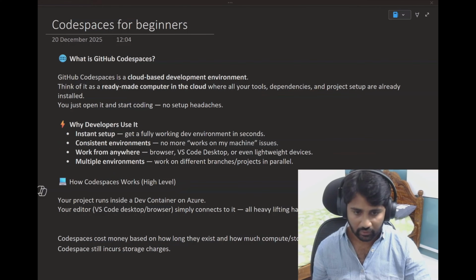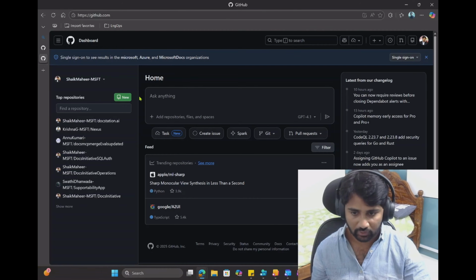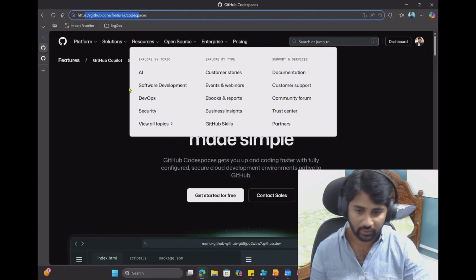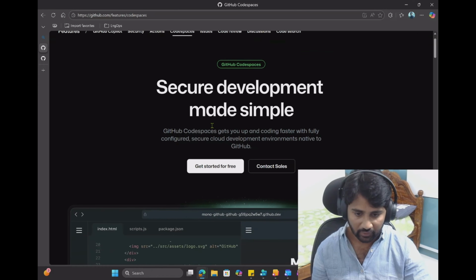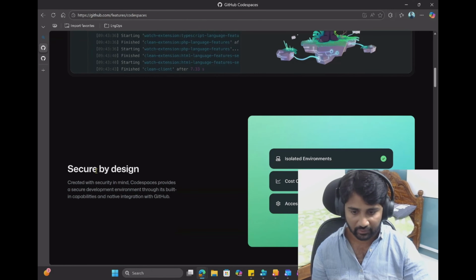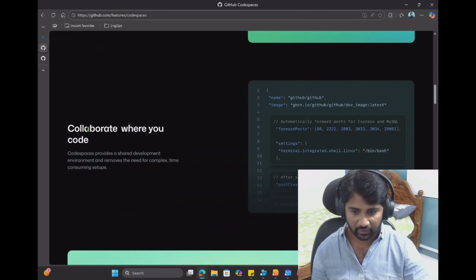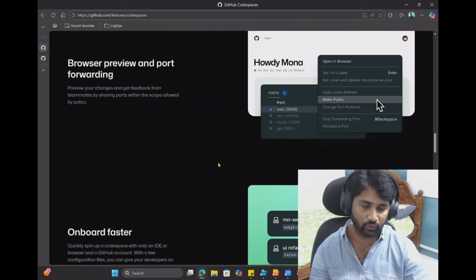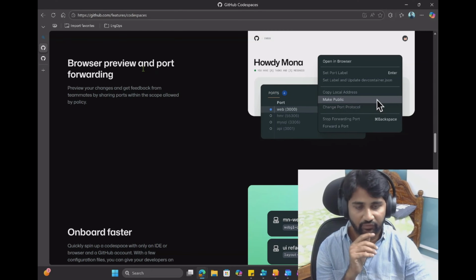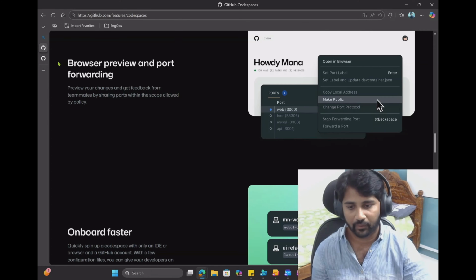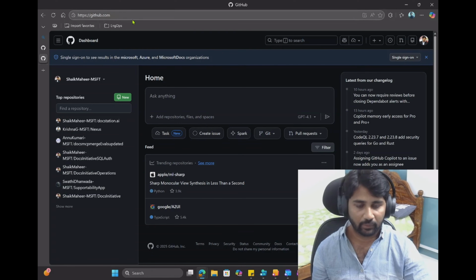So with that, now what I will be doing is going to my browser. Okay. So if you search in Google for GitHub Codespaces, you will come to this page where it explains everything, like secure development made easy, secured by design, and it helps to collaborate also. Basically it shows all the UI images along with the features available in Codespaces. If you want to quickly go through them, you can, or go to github.com and sign in